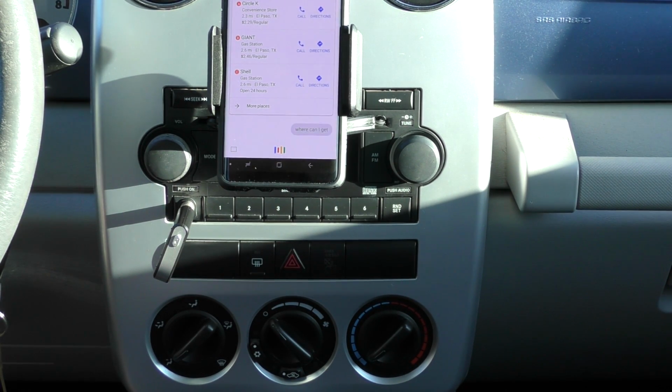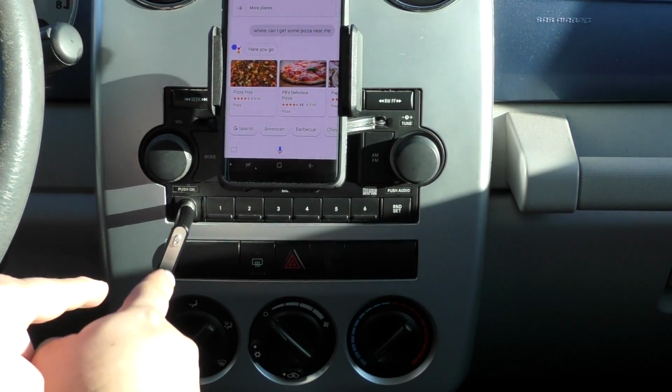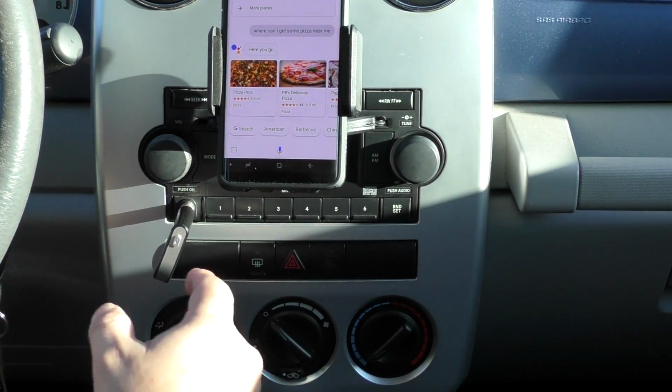Where can I get some pizza near me? I found a few places. Holy crap. See there, that button actually works pretty good, because all you got to do is